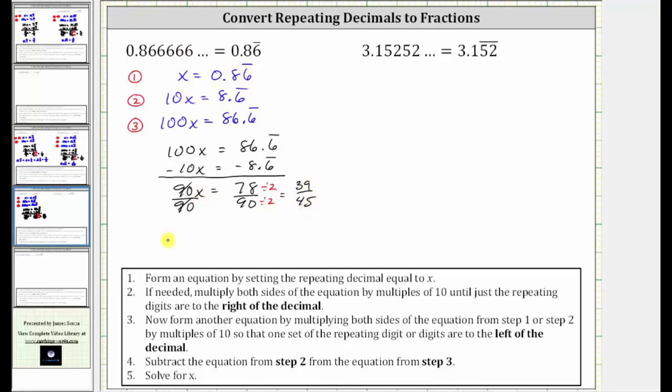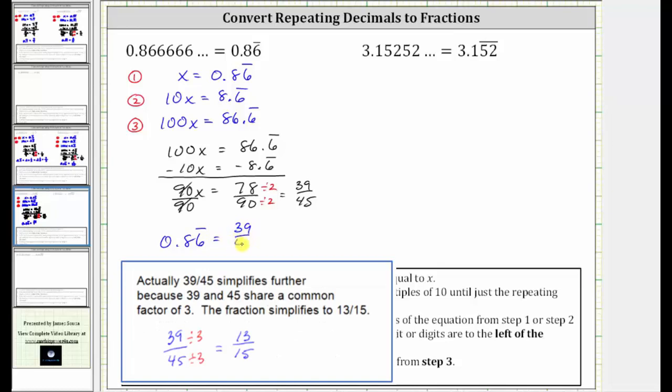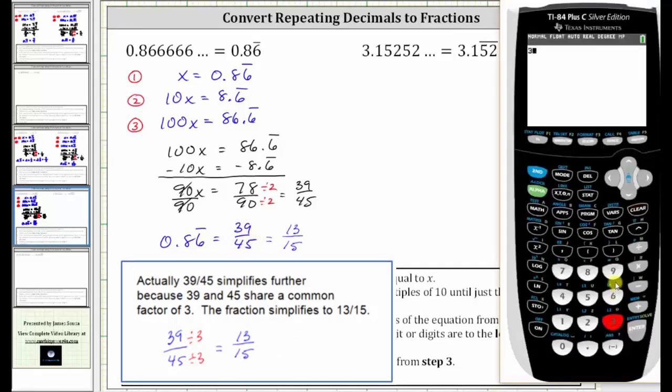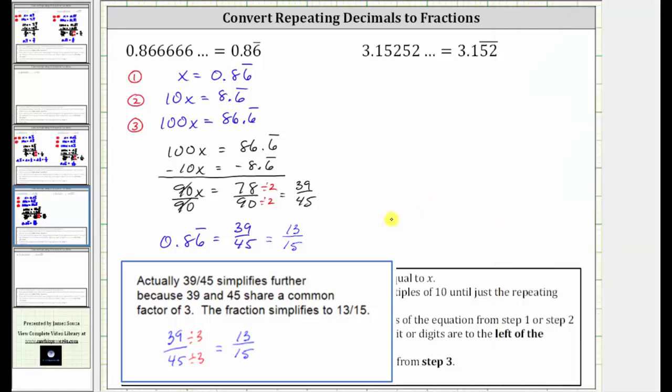So now we know that 0.86 with the 6 repeating is equal to 39/45. And of course we can easily check this on the calculator. 39 divided by 45 does give us the repeating decimal of 0.86 with the 6 repeating. Next we have